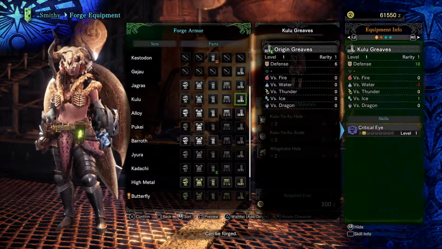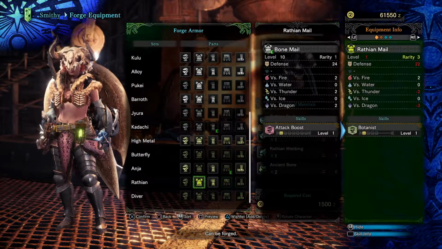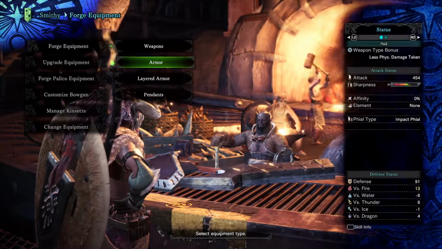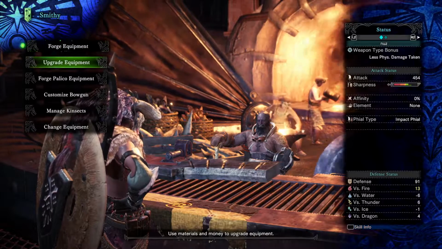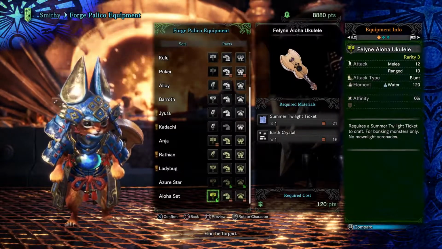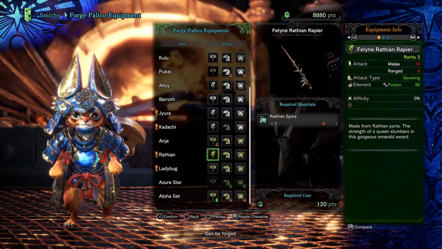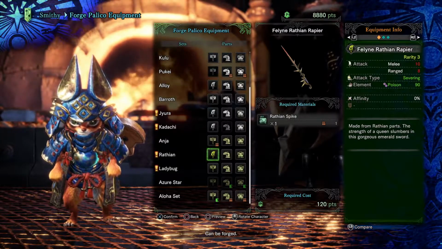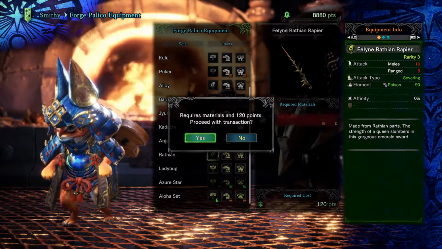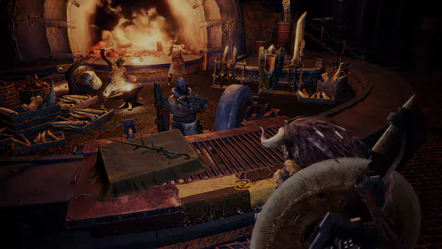And we're not going to keep these legs forever. So what I think is going to happen after this, and I don't know for sure, but at some point we're probably going to go get the Anjanath Charge Blade. And in doing so, we'll probably get the Rathian Charge Blade, and in doing so, we'll probably get the Rathian legs. I am going to go ahead and buy the Rathian weapon for my Palico,